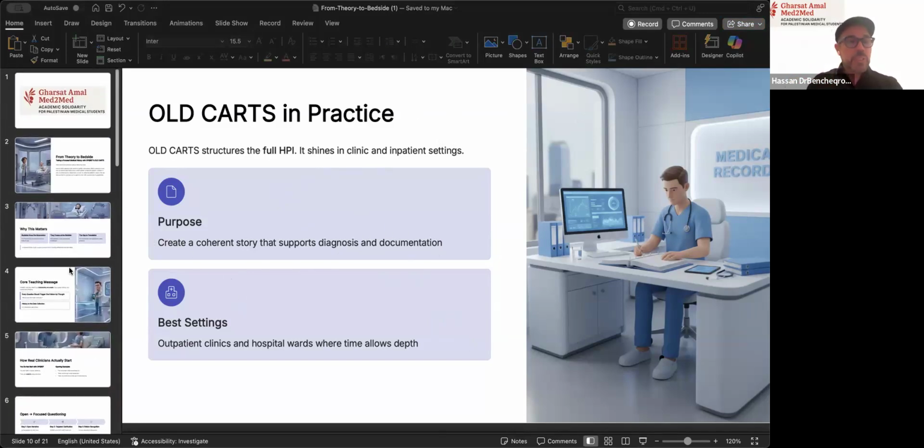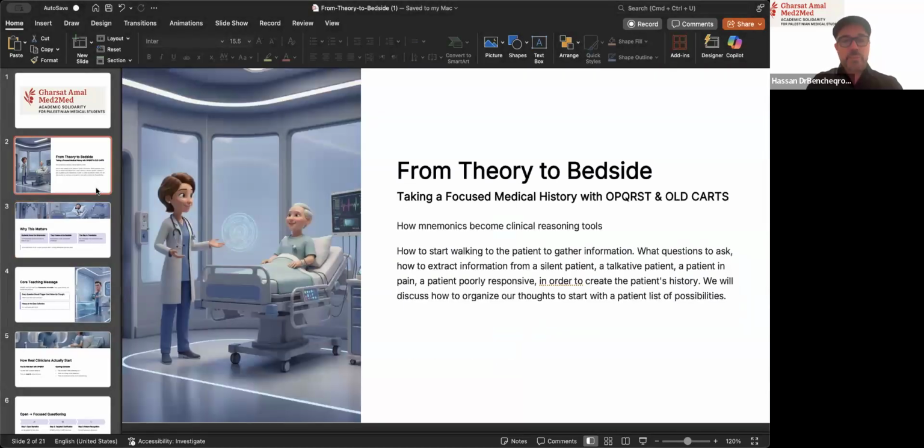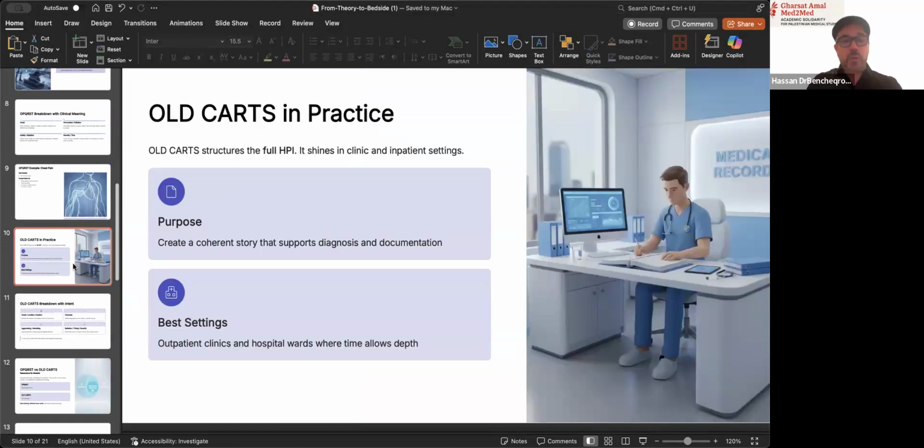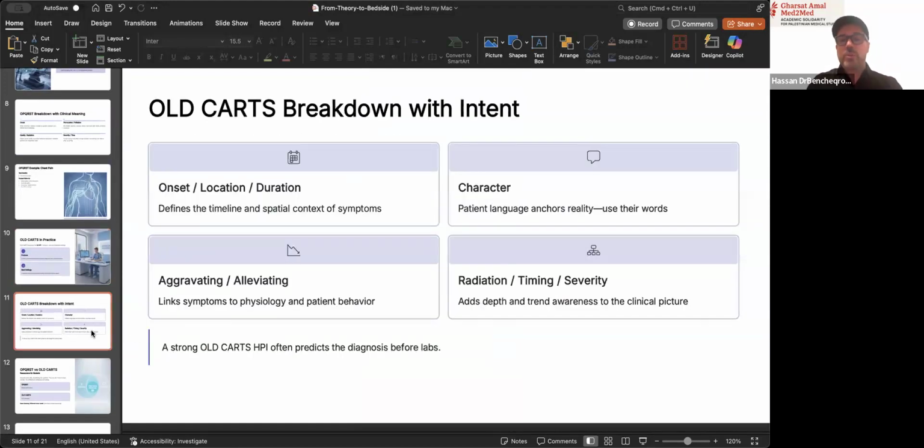Do you remember what we said in the beginning? We said that every question should trigger a follow-up thought, and every thought should lead to hypothesis generation, not just data collection. So that's why we are doing it in this fashion, because at the end we need to have a history. So what is OLD CARTS? OLD CARTS are onset, location, and duration. Onset, location, and duration means that